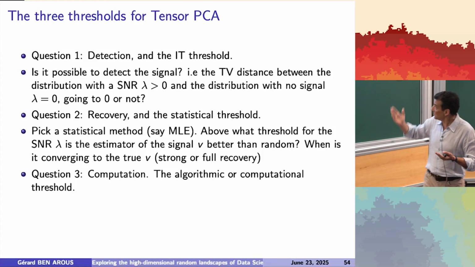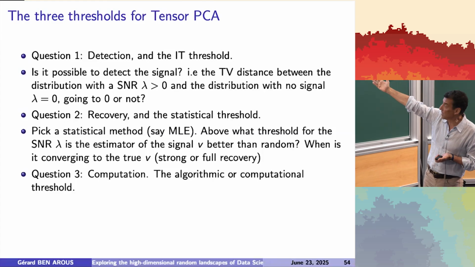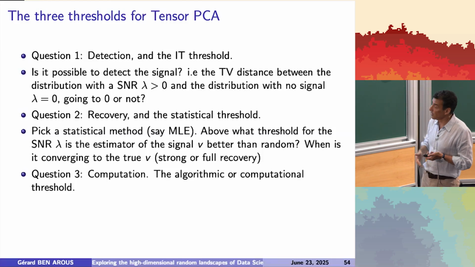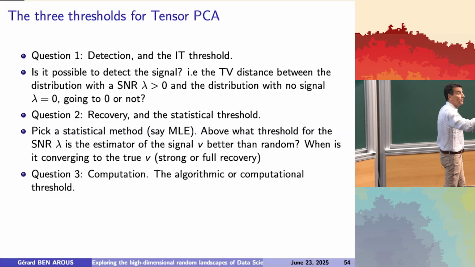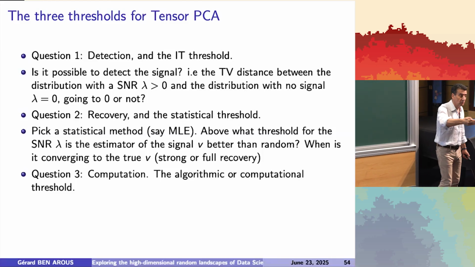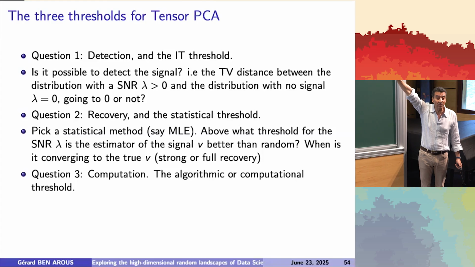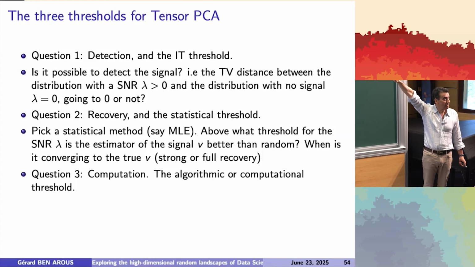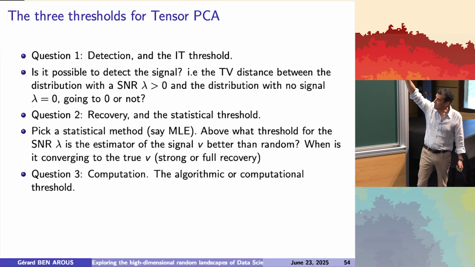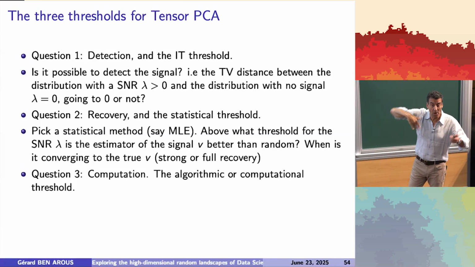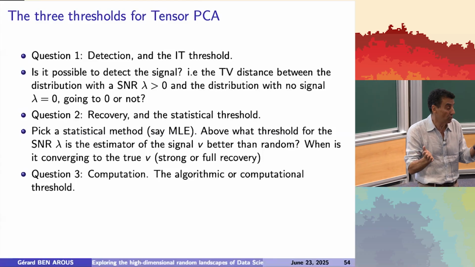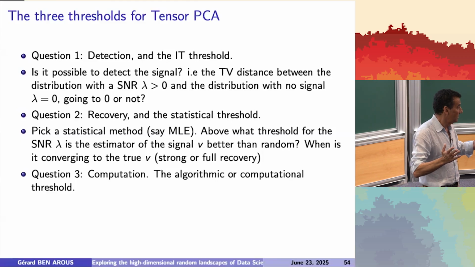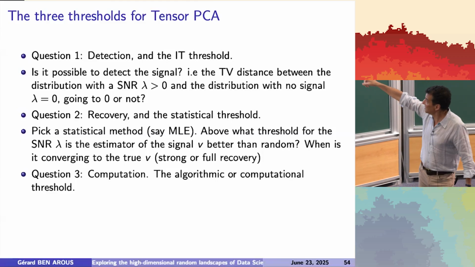So the next one is the computational, the algorithmic threshold. So first you check that you're in a regime where you can do something, above the IT threshold. Then you choose a statistical procedure, that's up to you. It could be maximum likelihood, it could be to build a neural network with a certain architecture. But then the next thing is